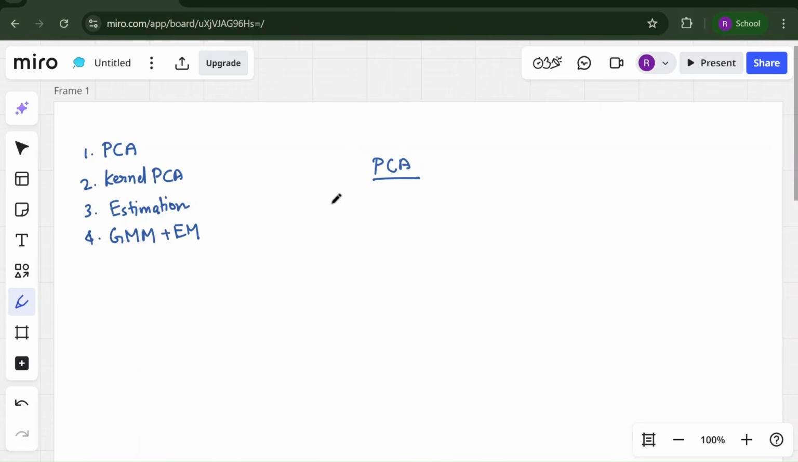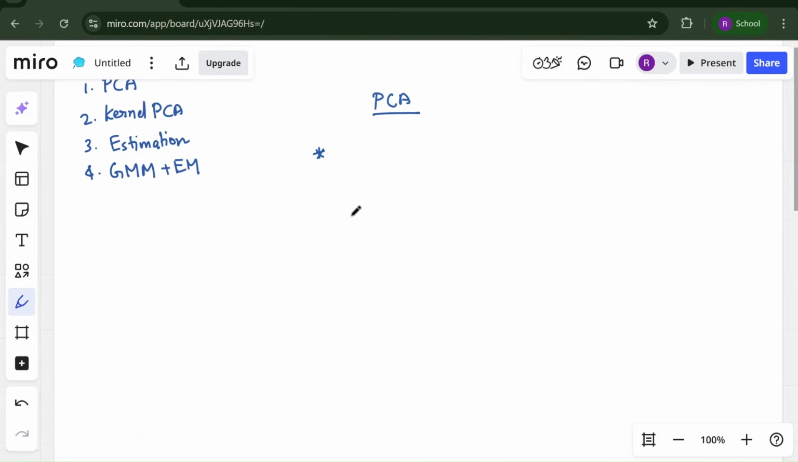So before starting with PCA, there are a few important things that you should know. I will call this the prerequisites for PCA. So what are the prerequisites? The first prerequisite is that